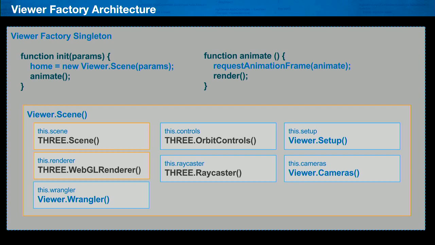There are also a couple other classes in there too. Orbit controls, for example, allows me to move around the scene, zoom in and out, translate, pan up and down. And of course, the viewer setup is just a class I wrote that sets up the scene. It creates the initial grid, it creates the lights, it positions the initial camera, everything else. And the last class on the bottom is the wrangler. That's what I created to deal with wrangling the 3D objects that you're loading into the scene.